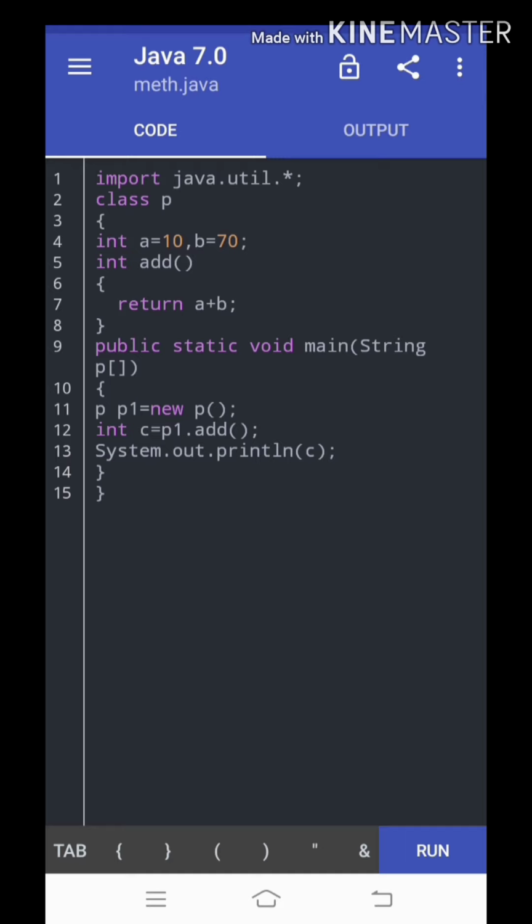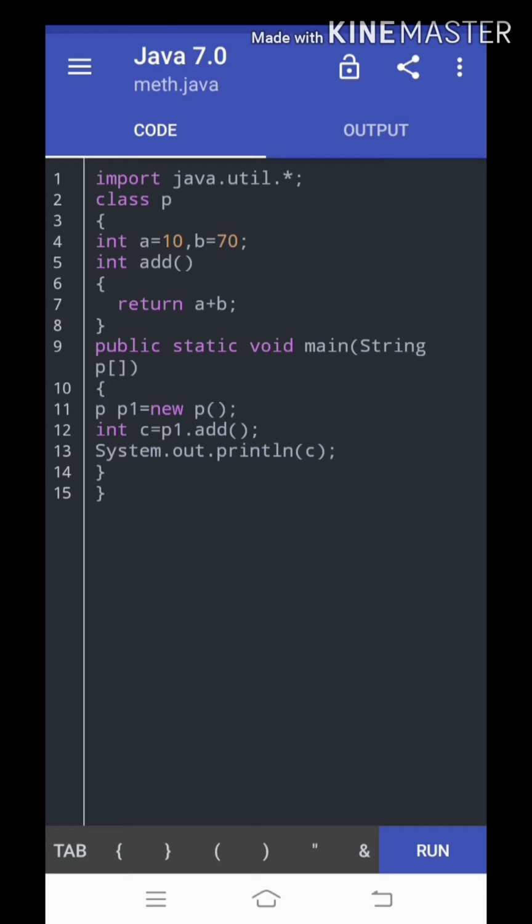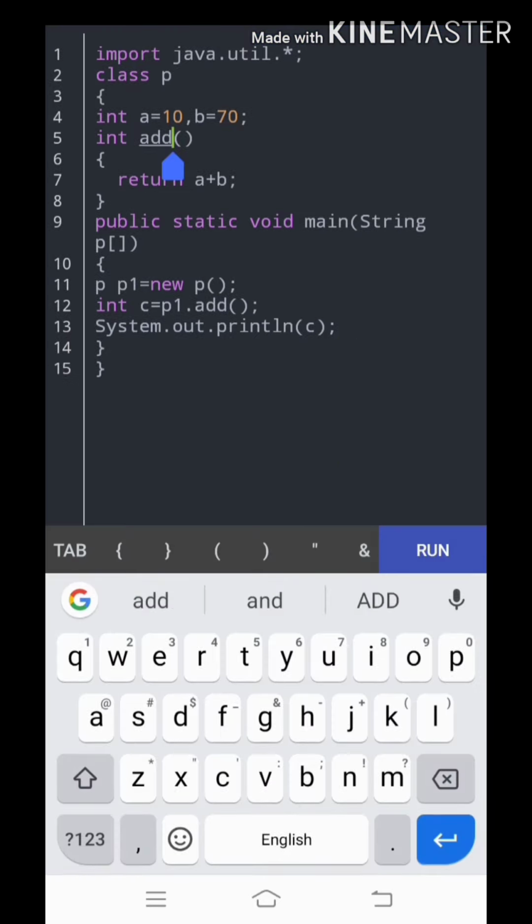The output we got was 80, meaning 70 plus 10 was 80. That 80 value was stored in the add function, so we cannot directly print that function. We have stored that 80 value in c and printed the c value.